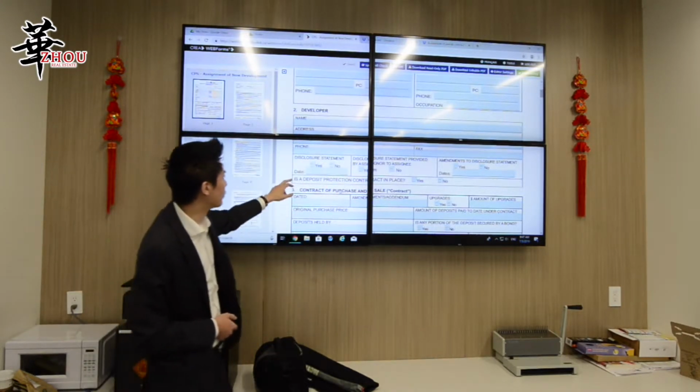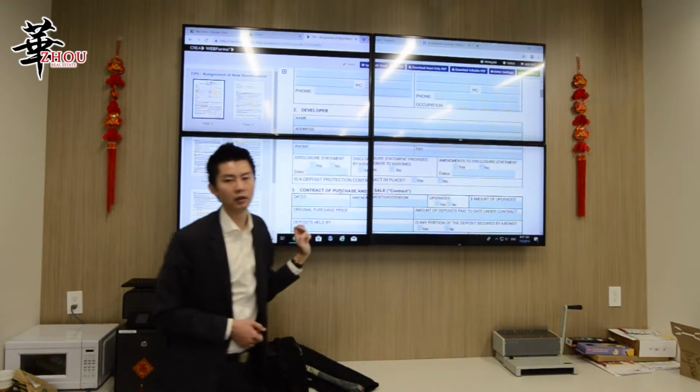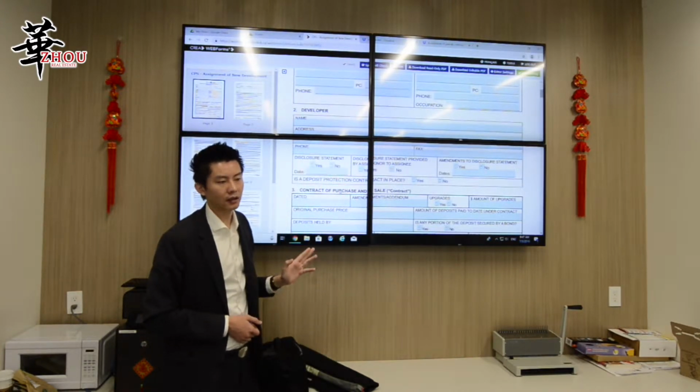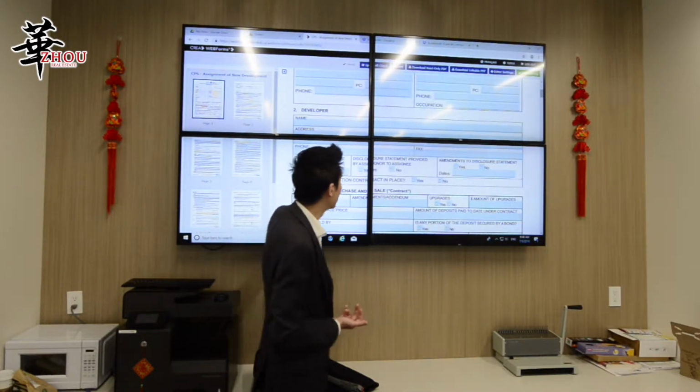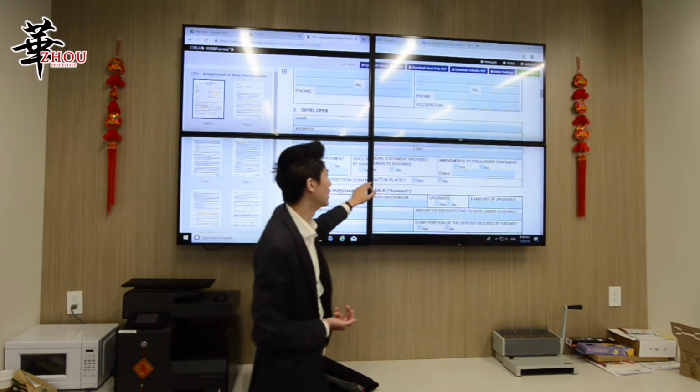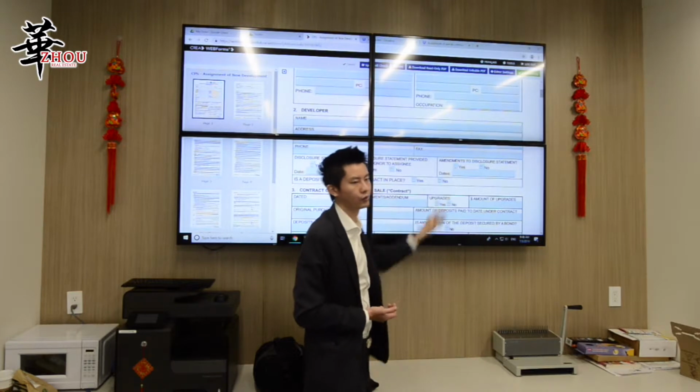And then is there a deposit protection contract in place? This one you have to ask the developer. Most developers don't have that, but I've seen one developer so far send me an email saying they have that contract, a deposit protection contract in place. So you check yes, but most times it's no.